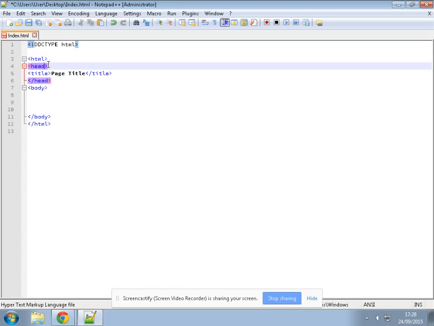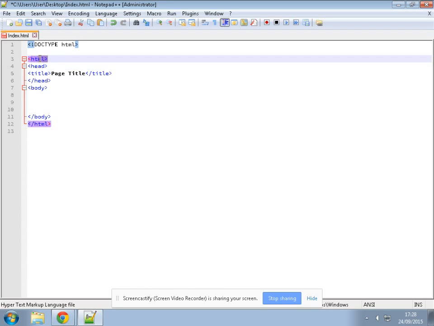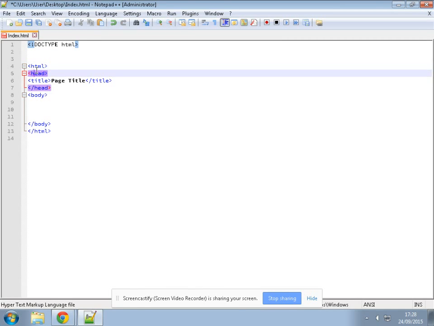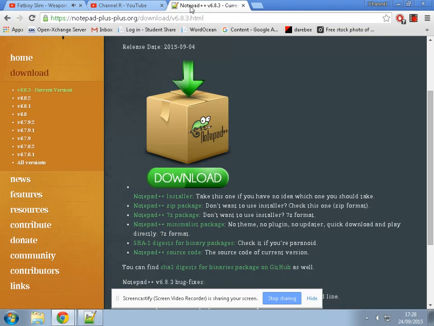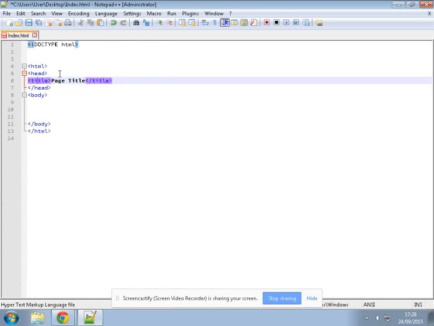So next is the head tag. Remember, whenever you have a less than sign followed by a greater than sign and you have a word in between, this is called a tag. So we have the head tag. In the head tag we have the title of the page. That's what I was talking about. The title is the tab, as we said. The tab shows the title of the page. The title tag, page title, it already says it in our example. Let's change that to channel or